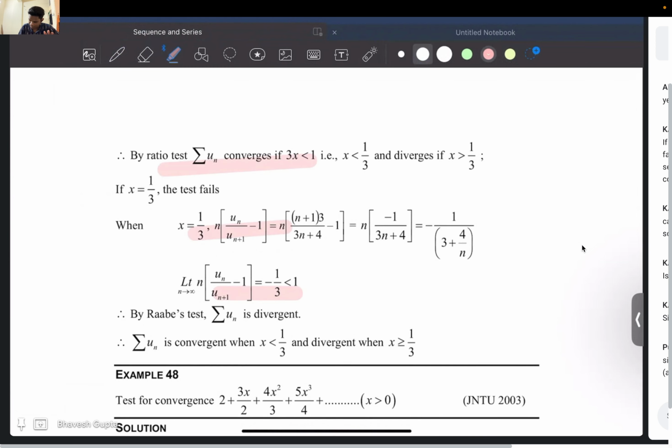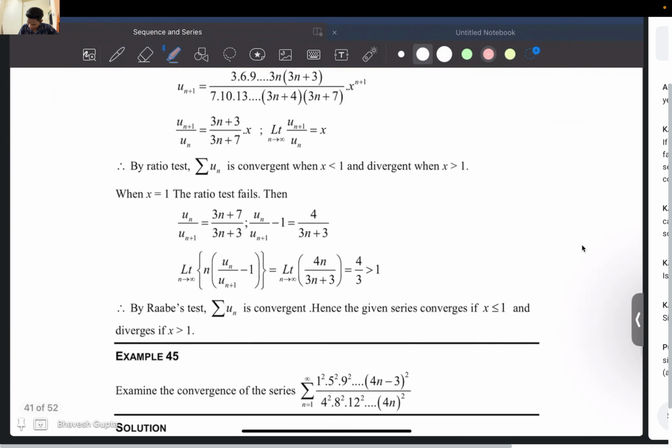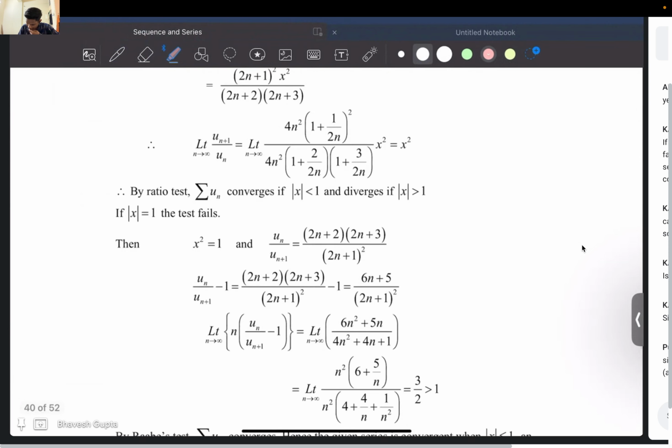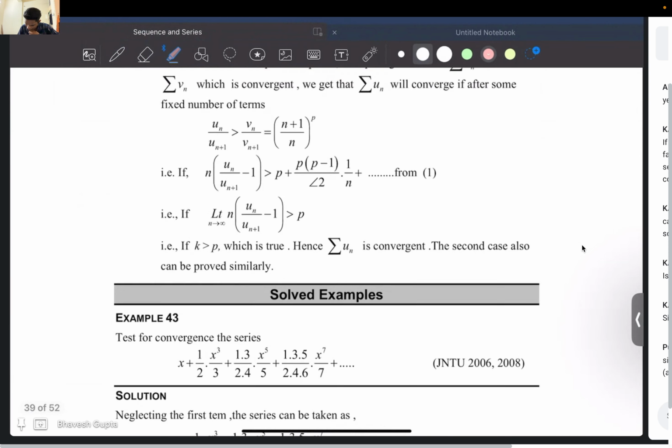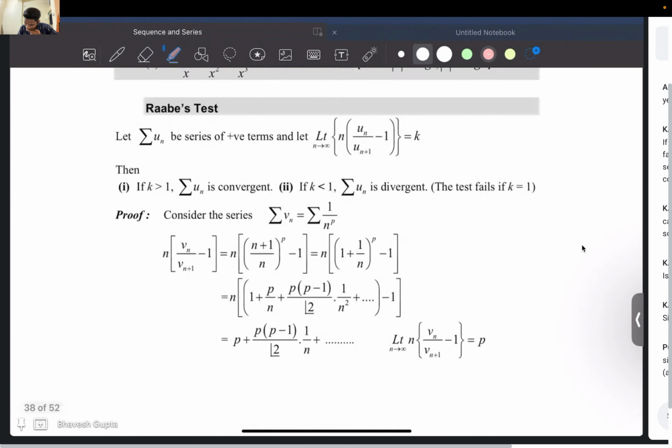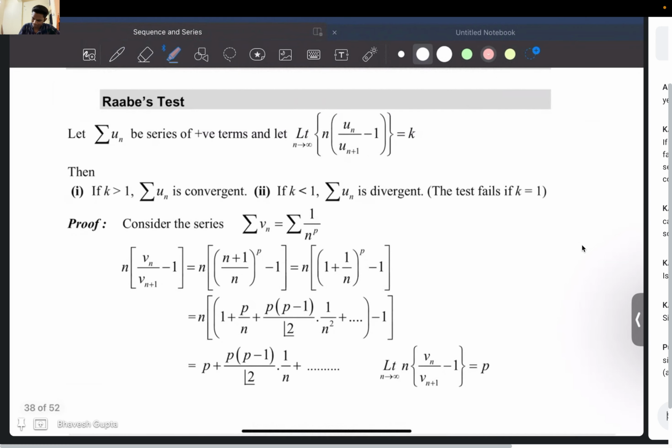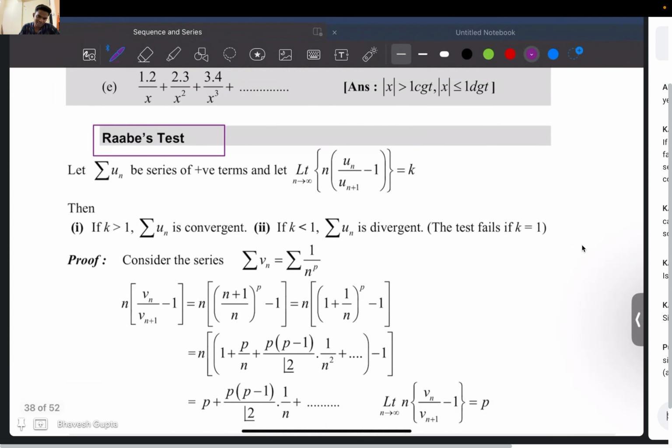So there is one more test I would like to tell you. I think the professor has not covered that, but still I would insist you have a look at it. That is known as the Raabe test. This is very important, the Raabe test. For those who don't know, Raabe is not just a mathematician. He has done important